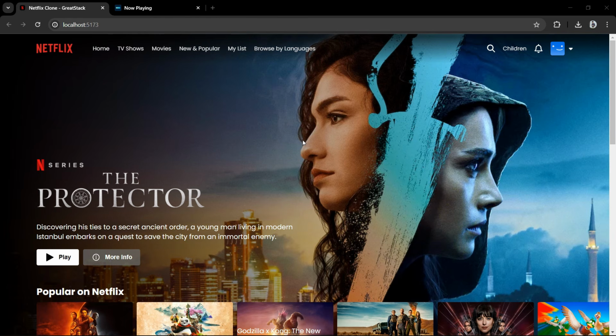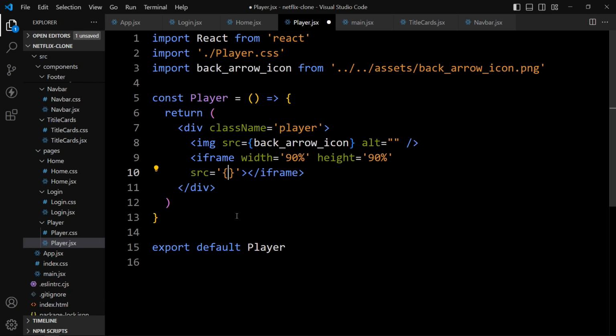Now let's come back. And in this src we will add https://www.youtube.com/embed/ and paste the video code that we have copied. That's it. After that we will provide the title for this iframe.